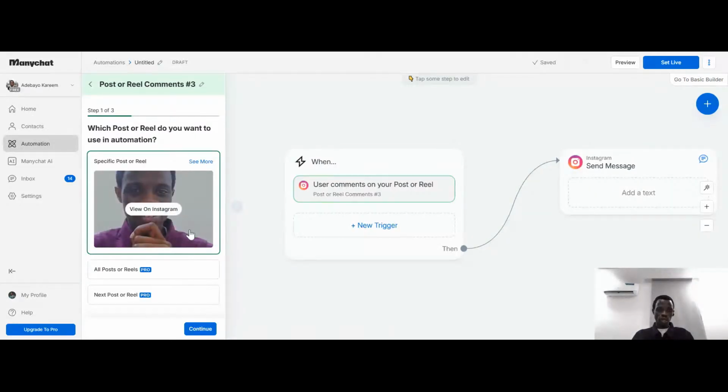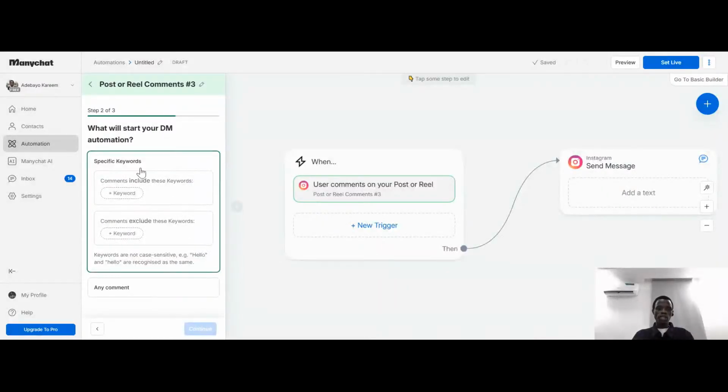Let's say I want them to comment on this particular one. So that one has been selected. Now you can decide, you can try to view it on Instagram so that you know the exact content. So I'm going to click on continue. Once I click on continue, the next question is